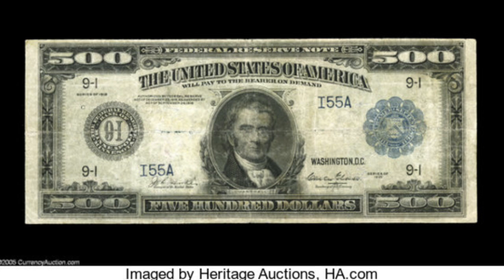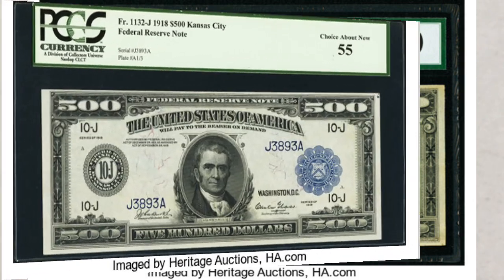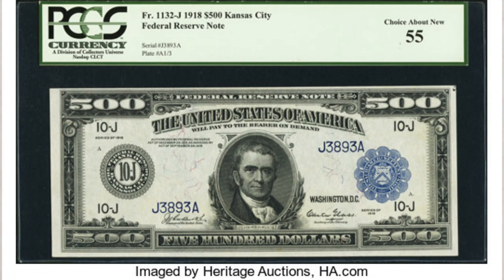As for $500 bills from other districts, like we said, you can buy them cheaper. Here are two most recent sales, as we always use the most recent sold prices in our videos. This first one is a 1918 $500 note in VF30 condition, and it sold at Heritage Auctions in January of 2021 for $16,200. In a much higher grade, Choice About New 55, this note sold at Heritage Auctions for